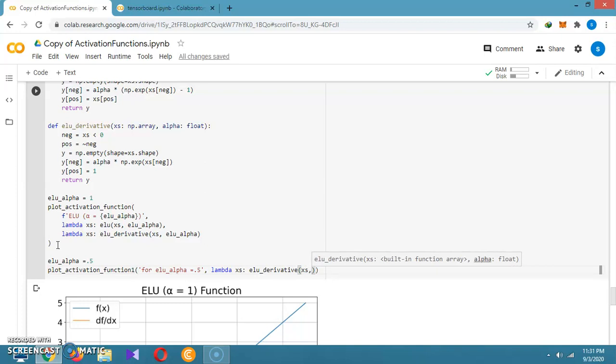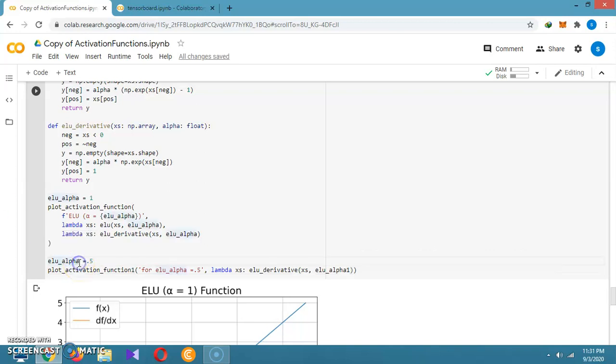It has already given me the suggestion, so I am just passing the two parameters, comma, then it is given that we have to pass the alpha float, so lu_alpha.